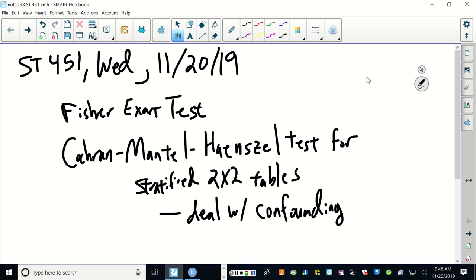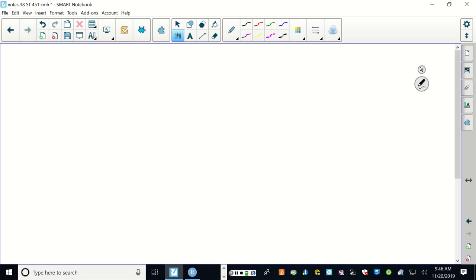It is for stratified 2x2 tables, or a series of 2x2 tables in different groups. And then sometimes this is done for accuracy. We also deal with confounding, that there can be different relationships in different proportions of success, even if the same odds ratio is present across different groups. So it can kind of obscure some effects that might be there unless you stratify and account for another variable. So the Fisher exact test,